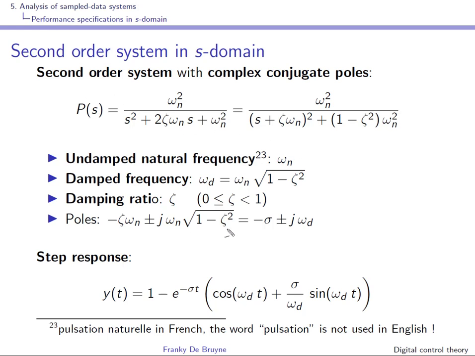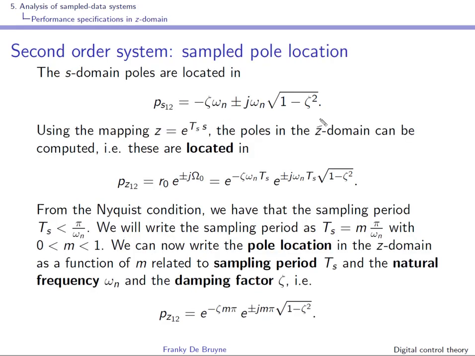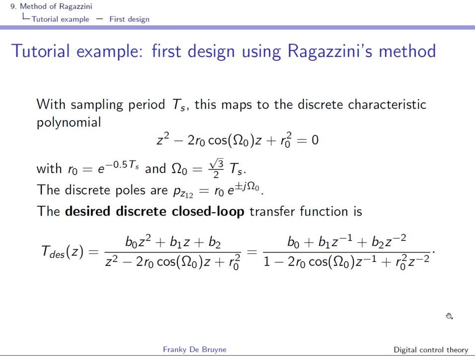So here is the computation of the poles. And here we have the computation of the poles in the z domain from the poles in the s domain using this relation. So this is r0 and this is omega 0. Well, we have just seen that we had two discrete poles, where r0 is given by this expression and omega 0 is given by this expression. So we can now compute the discrete